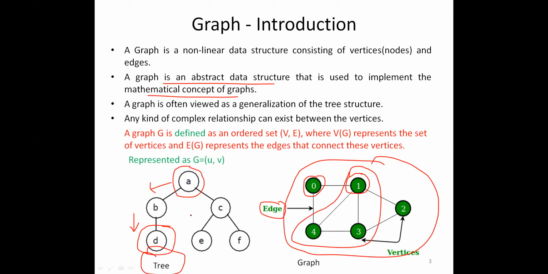And we know that a tree is a hierarchical, parent-child relationship. When you take a tree with any given number of nodes, the number of edges is the number of nodes minus 1. For example, you have 1, 2, 3, 4, 5, 6 nodes in this tree. You have n minus 1 edges, exactly n minus 1 edges, that is 5 edges.